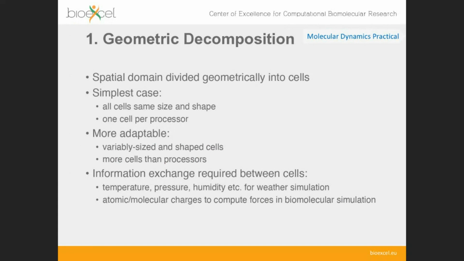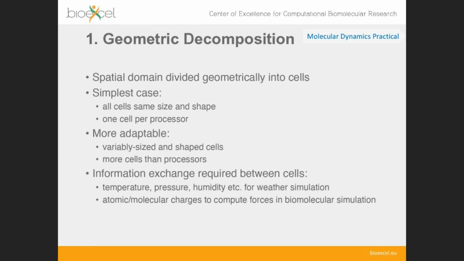However, that probably doesn't give you much flexibility in order to be able to adapt to problems that are leading to load imbalance and that might need to communicate. So a more adaptable situation is where you choose the size of these cells to be variable. Because why? Because essentially, we'll get into this in a minute, but essentially if